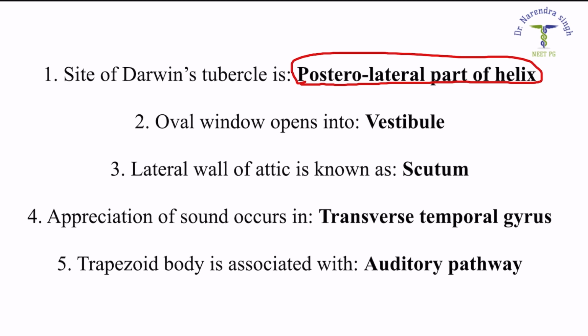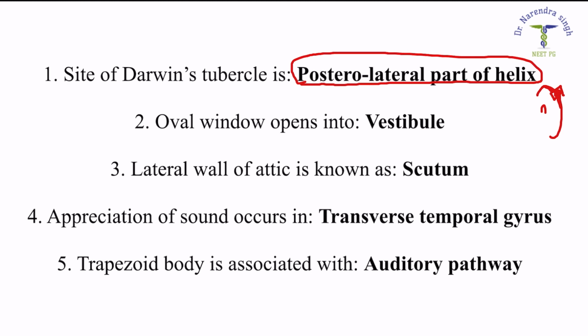Darwin tubercle is a congenital ear condition which presents as a thickening of the helix at the upper one third and the middle third. So if we say this is the helix, Darwin tubercle will be present as a thickening at the upper one third and the middle one third of the helix. This is the Darwin tubercle. For more information, you can go through my image based question on Darwin tubercle.